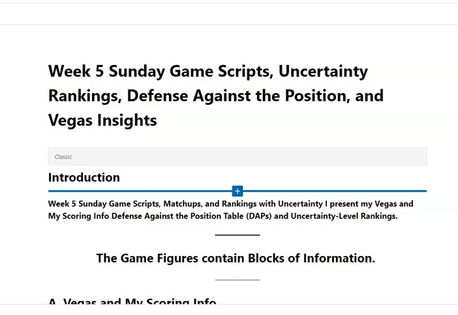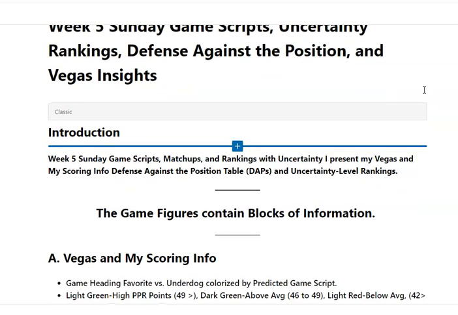Week 5 Sunday game scripts, uncertainty rankings, defense against position, and a little insight from Vegas. And we will continue trying to hopefully get games that are much better than the Thursday night. And to begin with, I won't have time to go over every game, but I'm going to concentrate on the